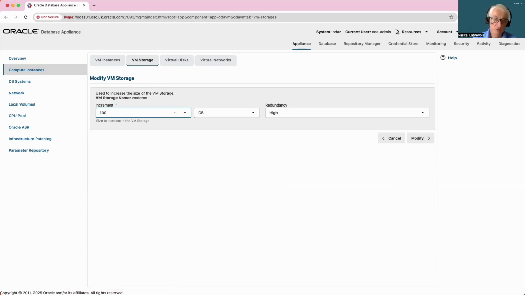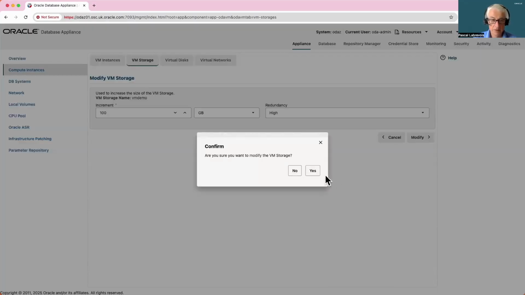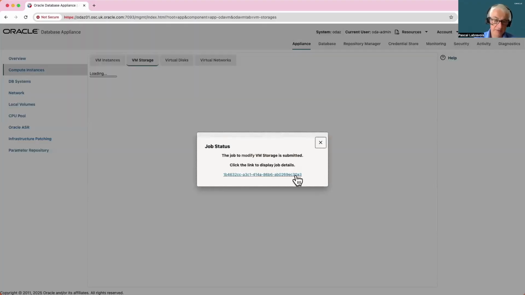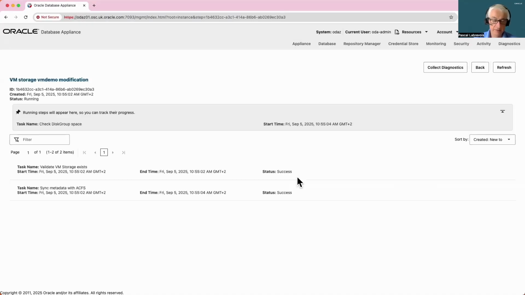It is also the place to modify the redundancy of my VM storage. So I'll leave it to high redundancy. So this submits a job to modify the VM storage size. At the end, I'm going to get a new VM storage with 600 gigabytes.